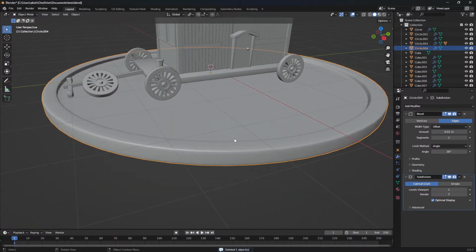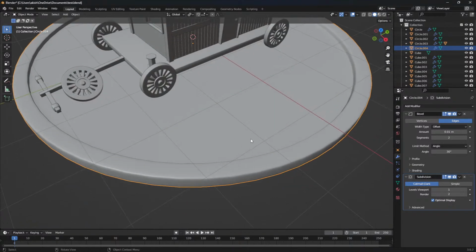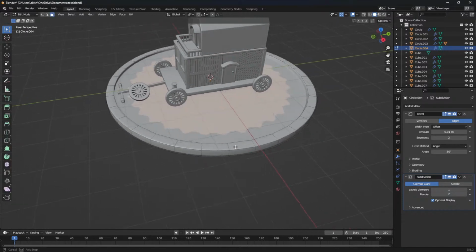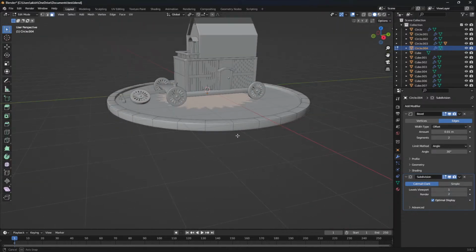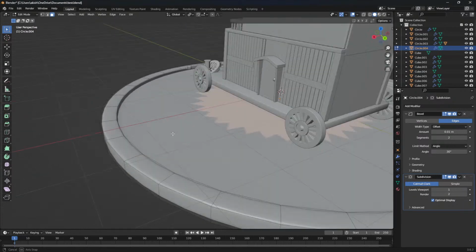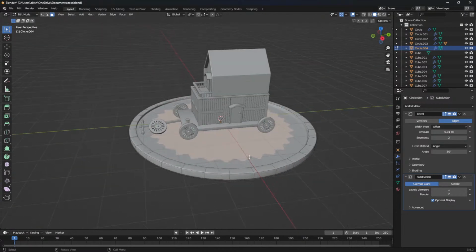and rotated it, and I added a circle, and extruded it, and I just filled the face and extruded them down. So